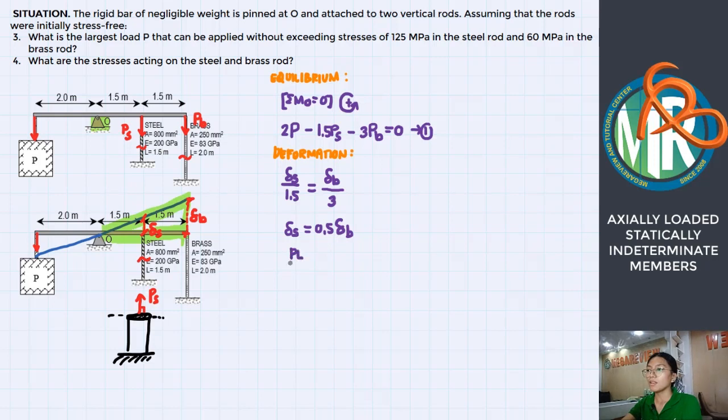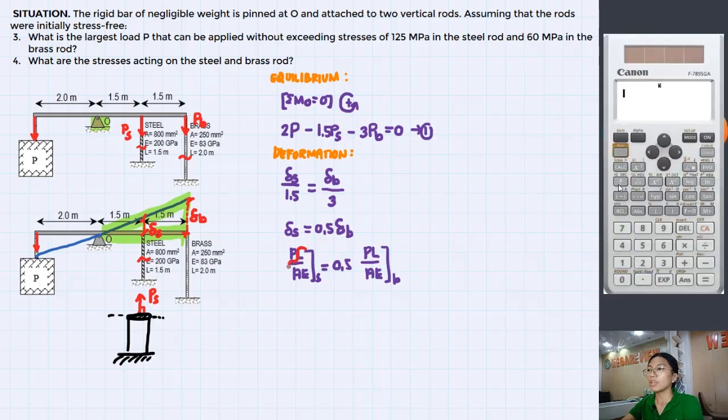Right? So this is PL over AE of our steel. This is equals 1/2 the PL over AE of our brass rod. So for this value, this L over AE of the steel rod, pakistore na lang yan kay A. Okay, so that would be the length of the steel is 1/500 millimeters. Tama, area is 800 and then the elasticity is 200 gigapascal. So, store nyo yan kay A, bali mangyayari this will become yung value na nakastore kay A times the force